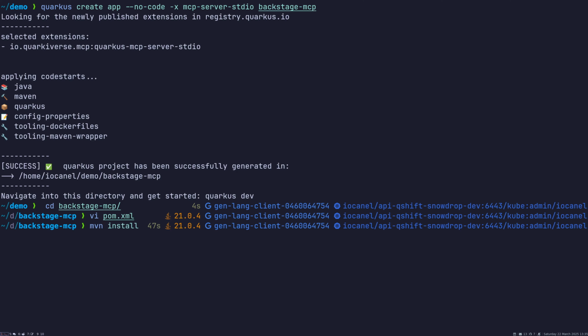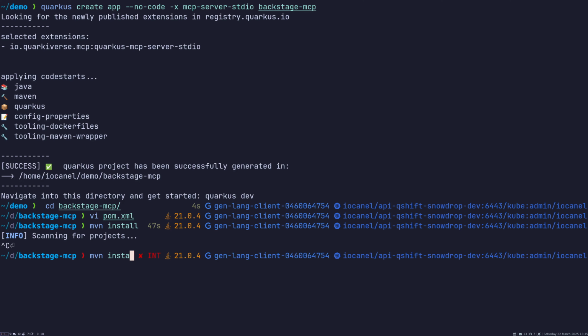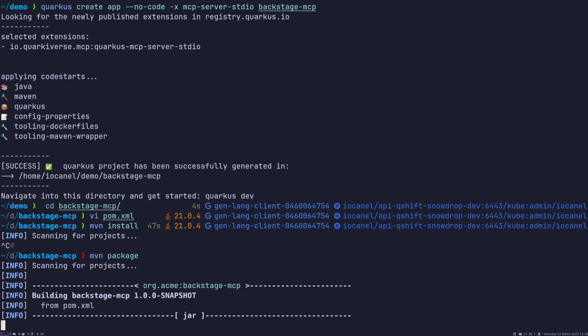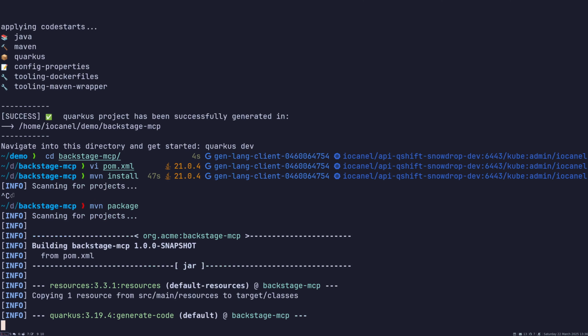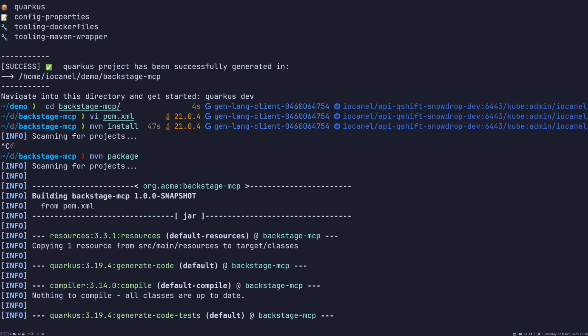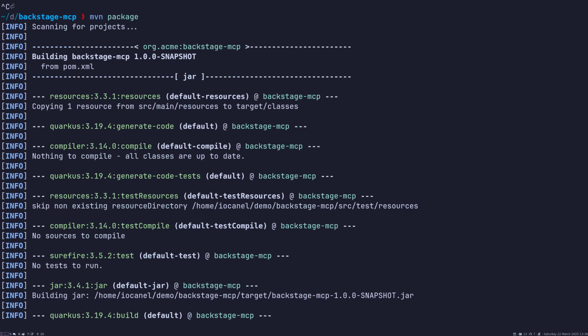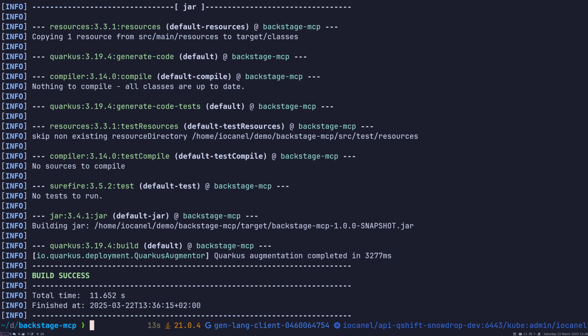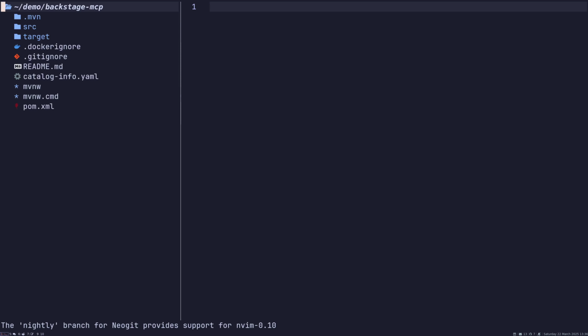Let me build the project. Or maybe let me run package, because some people complain about me using mvn install all the time. So I'll build the app just to make sure that everything is fine,